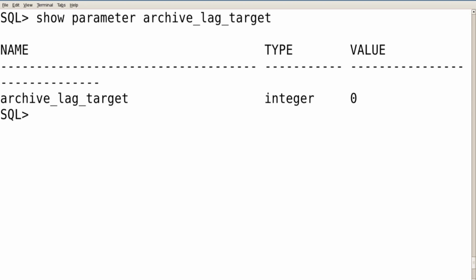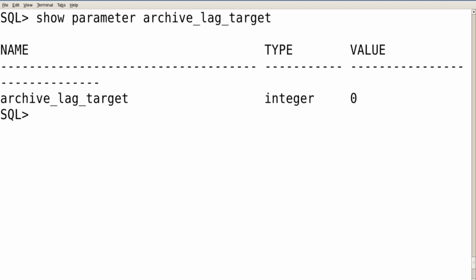We'll set the value around 10 minutes, which means 600 seconds, so that after every 10 minutes a log switch happens. This also protects your primary database: in case there are no transactions and the redo is waiting to be written from log files to archive log files, and if there is a crash in between, your instance recovery takes more time.